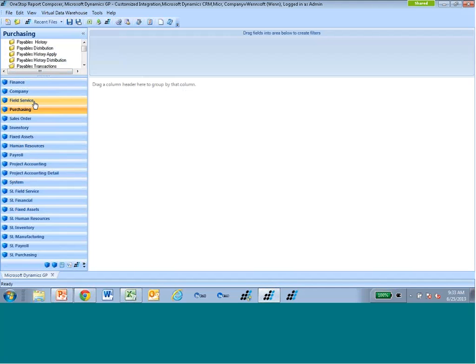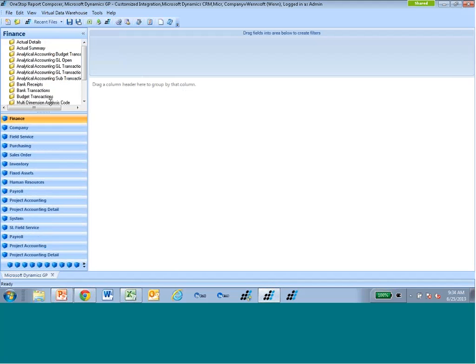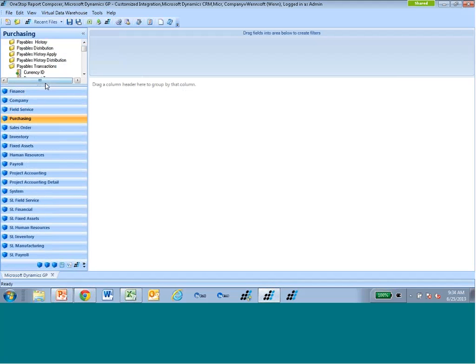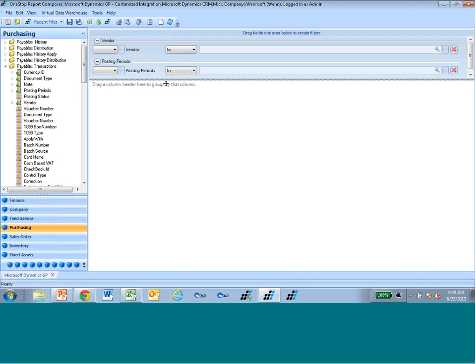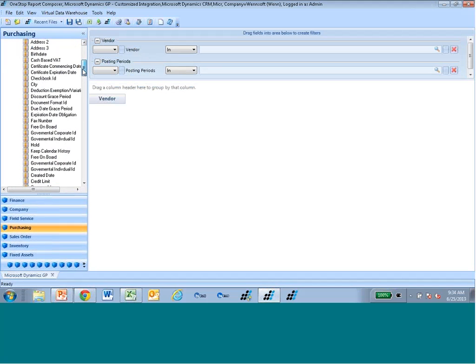An additional thing you can see, if you have custom tables or fields, you can add those. In this case, we've added all of the views from SmartList, so I can come in here and access those. And a lot of GP customers love those views. So in this case, I'm going to build a quick query on payables. So I'm going to drag up vendor here, and I'm going to drag up period, so I can make filters out of them. And I also want to see vendors on my screen, and go into vendor and pick an